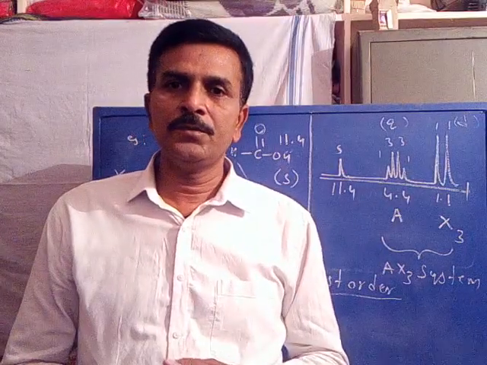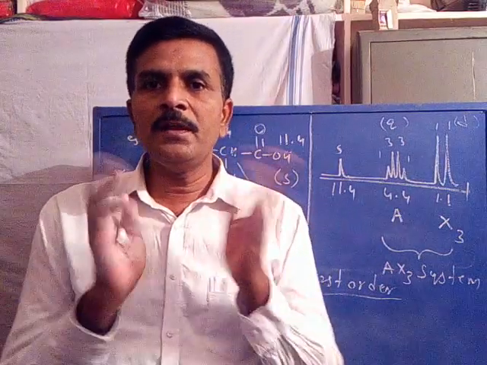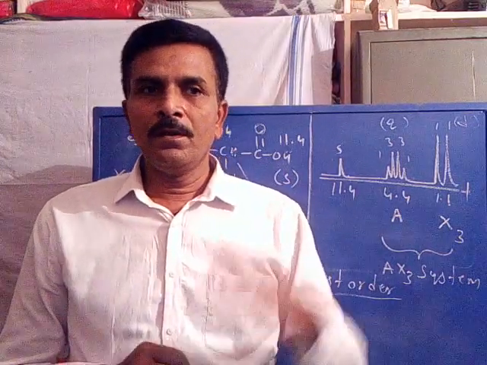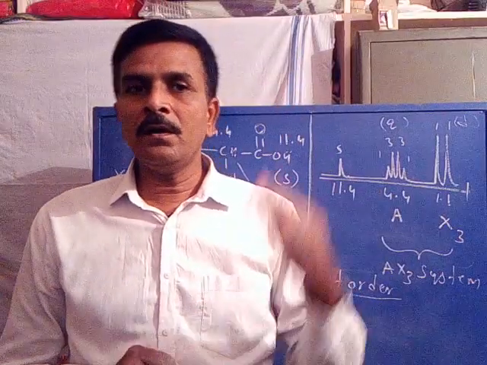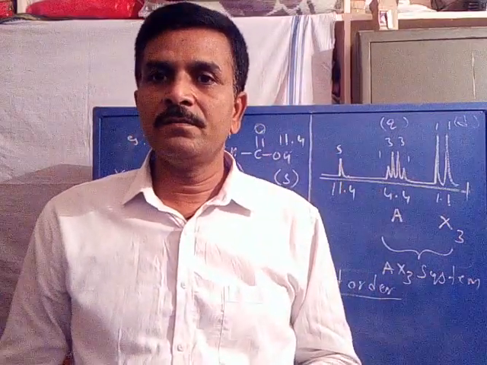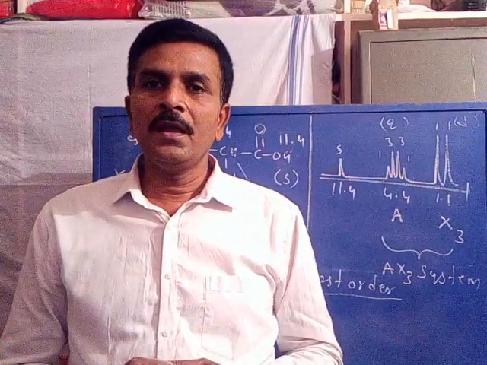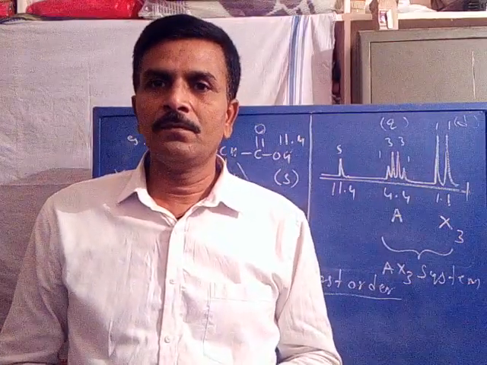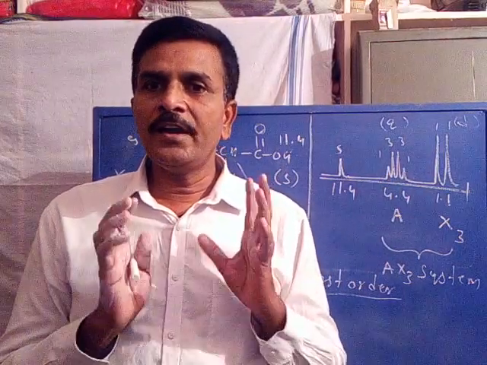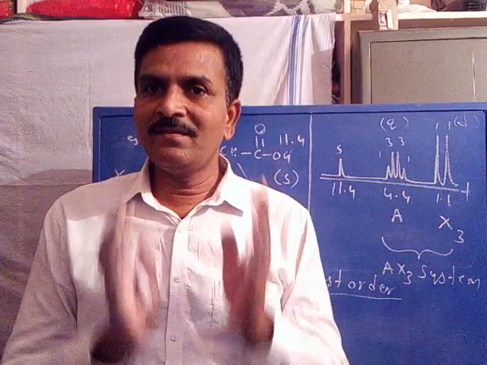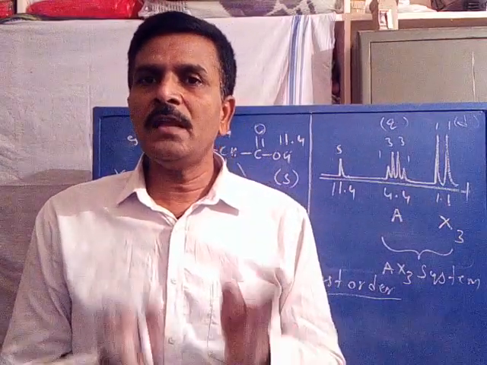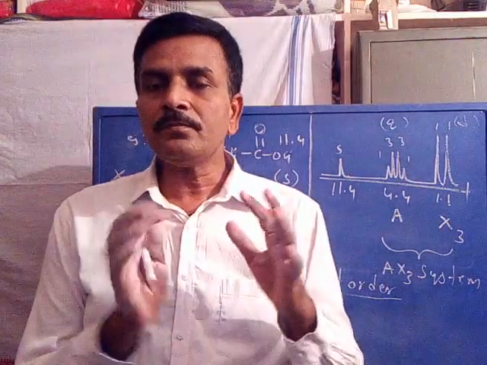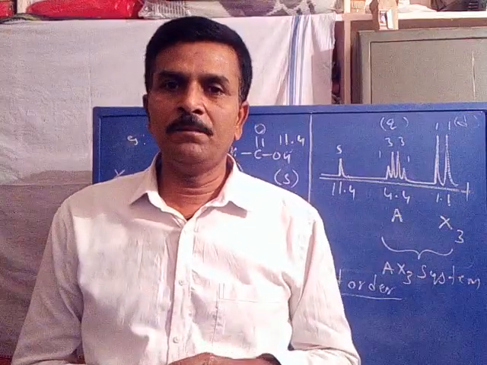Now coming to first order, you simply remember, any molecule that comes under the frequency difference between the coupled protons with their coupling constant, the ratio delta nu divided by J, if the ratio is greater than 6, it comes under first order. Is it clear? If delta nu divided by J is greater than 6, then the spectrum must be first order. So this is about nomenclature and first order NMR spectrum.